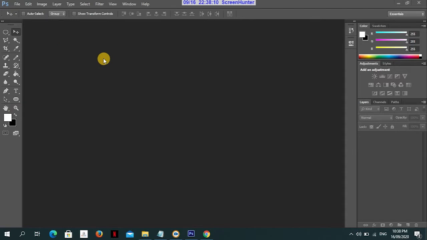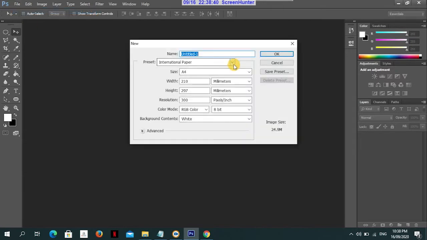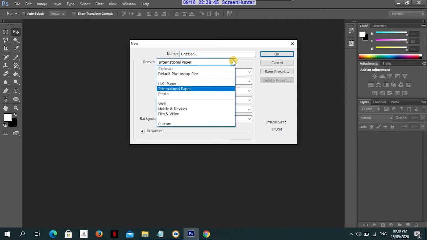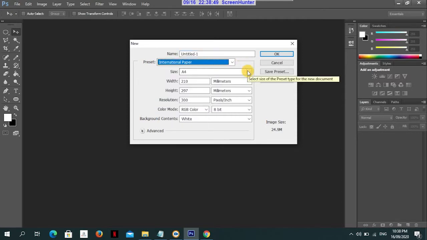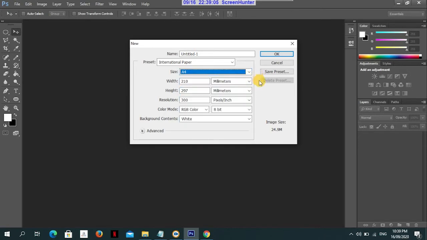So first of all, we should create a new file. Go to File and select New. For now, we will be using a preset of international paper because the design that we will do is intended for printing. And the size that we'll use is A4 size. So we got many options here, but we'll use an A4 size because that's the standard size for a glossy